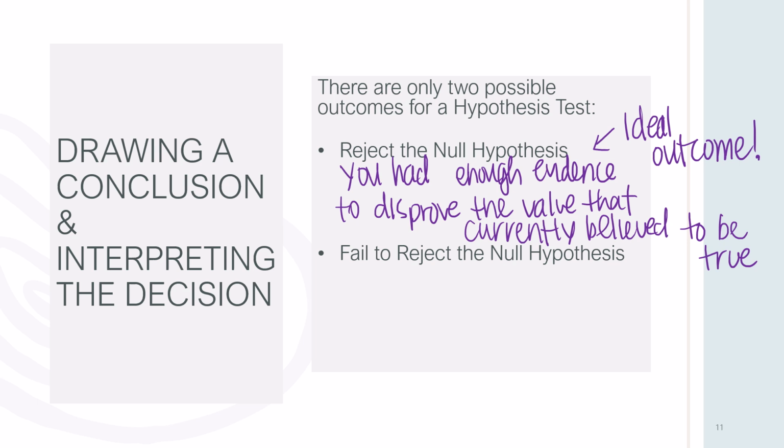All right, so you had enough solid evidence that you were able to disprove that value, that null hypothesis that was currently believed to be true, which is what you wanted to happen. Now, often in real life, you do not have enough evidence to prove what you would like to prove, and so you have to do what we call fail to reject the null hypothesis, and that again just means that